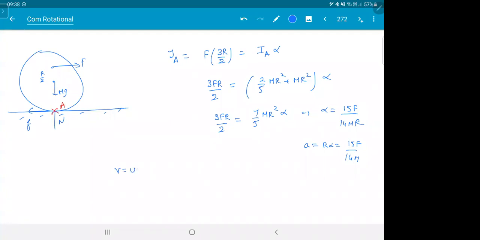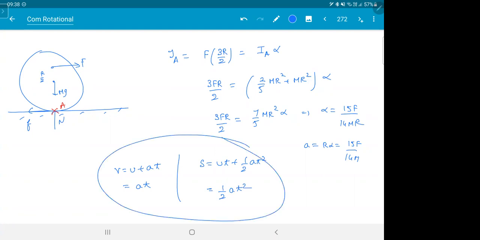What is the speed? v is u plus at. Kinematics, you know, a into time. What is omega? Omega initial plus alpha t. And okay, asking distance, distance is what? ut plus half at square. u is 0, half at square. So just substitute a here, you are done. Now only this is the additional part. So once you know the acceleration, you can find the speed and the distance. Check it out. Ask me if there's any confusion there.